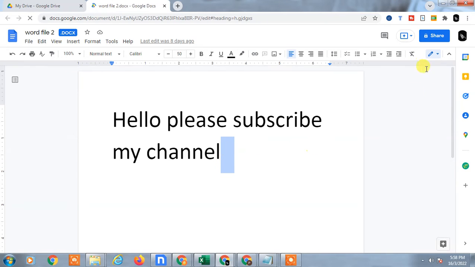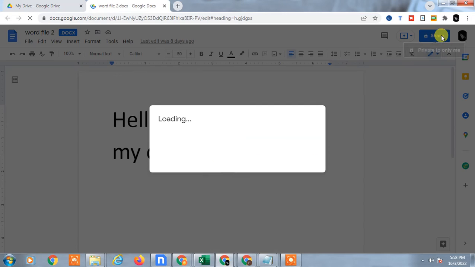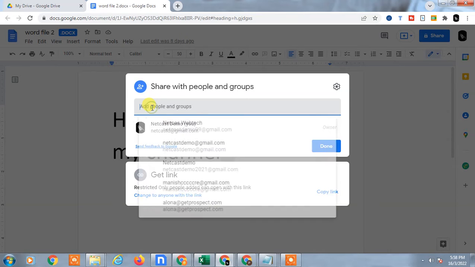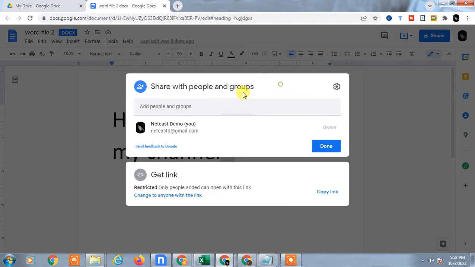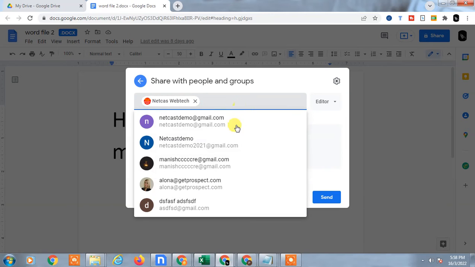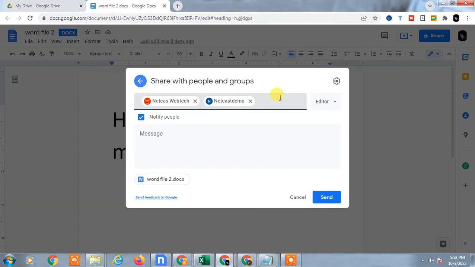So now if you want to share it, just click on Share. Here you can see the Share button, and you can share with Google Drive only. Enter the personal email ID. You can insert up to 50 email IDs here, and you can make them viewers only, or you can make the permission